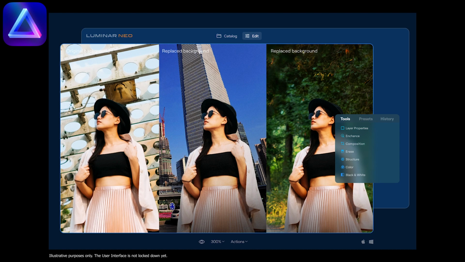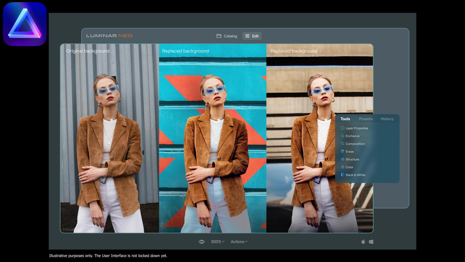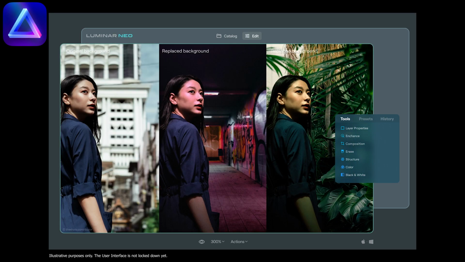If you've seen any of my videos, you know that back with Luminar 4 it was one of the first things I tried to see if I could replace a background, and it worked fine, but now it looks as if it works really, really well. And again, this is layers and it replaces backgrounds. You'll be able to mask out the small bits that haven't worked properly, I'm guessing though, and be able to clean them up as you go. So the possibilities again, I suppose, are endless.